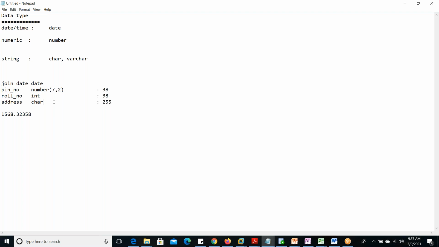And here also we have to specify the length, how much we need, within the parentheses. 9 means it will take up to 9 length only. 10, then up to 10 length only. 20, then up to 20. But the maximum we can give is 255. 256 we cannot give. This is the highest limit, 255 only. In between, anything up to 255 we can give, 200 also.